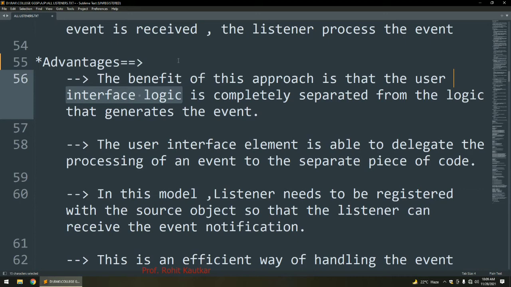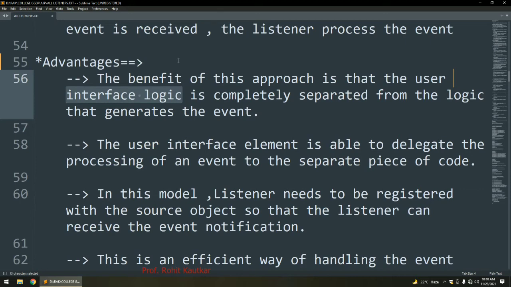The user interface element is able to delegate the processing of the event to a separate piece of code, and that's why it is called the delegation event model. Every GUI component can delegate the processing of events to separate code. That is how we have separate code for the GUI and separate code for event handling.